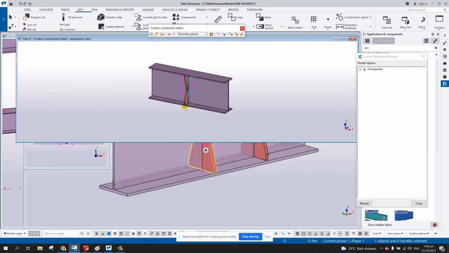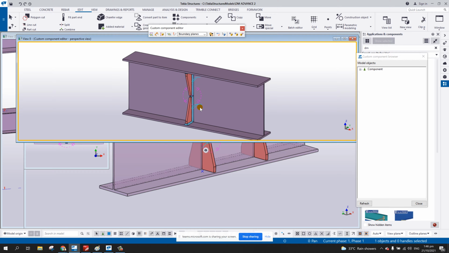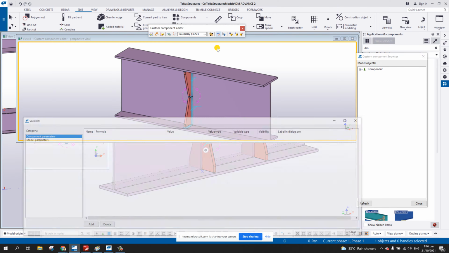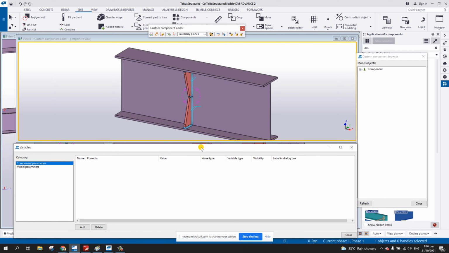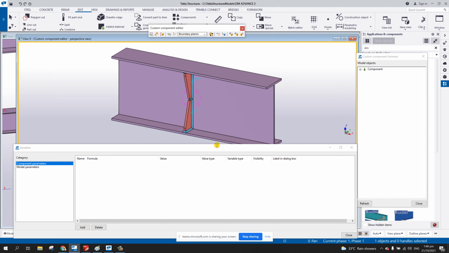I would recommend to make it as simple as possible, because the more complicated your component is, the more difficult it is to maintain later. Okay, it could be good that in one click everything is there, but that will be difficult to handle later. So make sure that your custom component is simple. So don't create a very complicated custom component that at the end of the day you will be the one